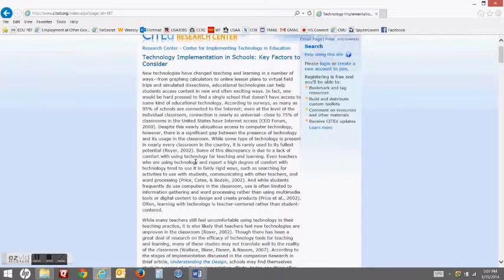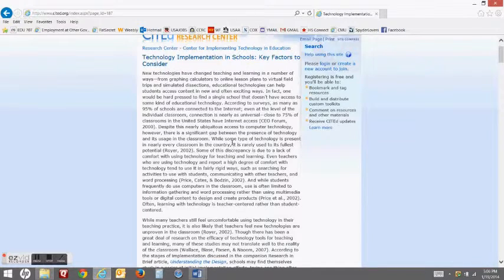But some of the discrepancy is a lack of comfort using that. That is true to even teachers who are using technology for teaching and learning. Report a high degree of comfort with technology, tend to use it in fairly rigid ways, such as searching activities to use with students, communicating with other teachers, processing.